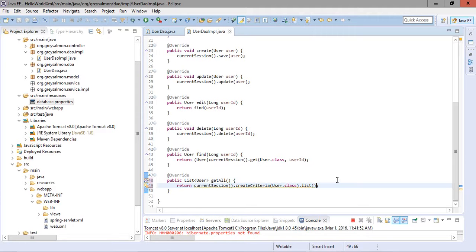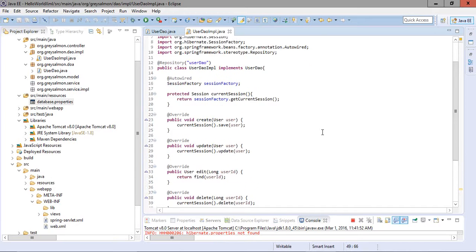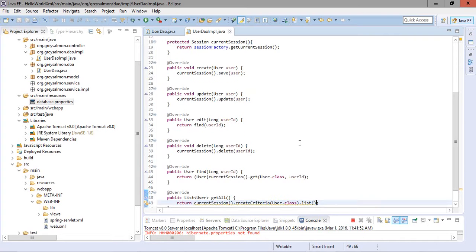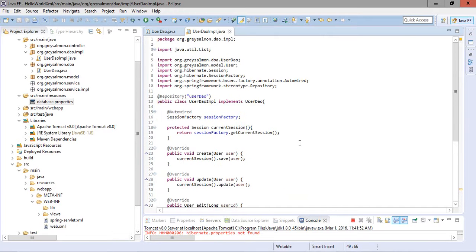It will return the list, and that list of the user, that is all the records in the database, will be returned. So we are done with our DO class. Okay, we have created this create method, update, edit, delete, find, and this. It is as simple as that.